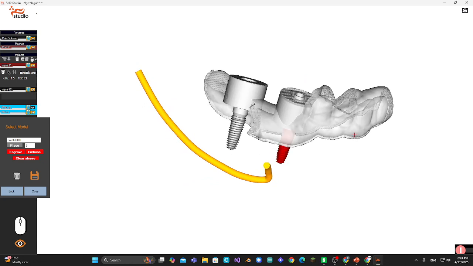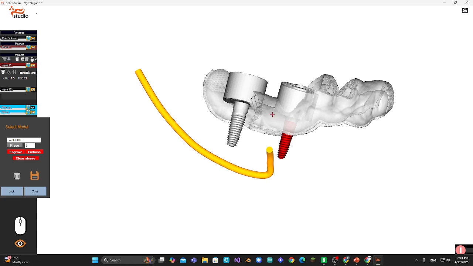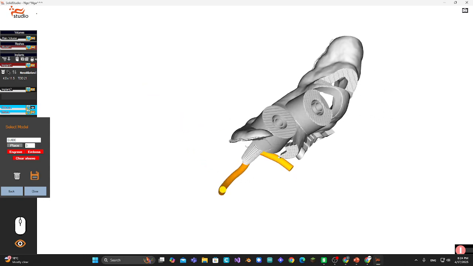That's it. You can see here, the guide is ready. If you want to add, let's say, any text here, you can click on guide, place, you just click, and you need to choose whether you want to engrave it or emboss it. Let's say you want to emboss it. It takes a bit more time. Look here, you have the guide